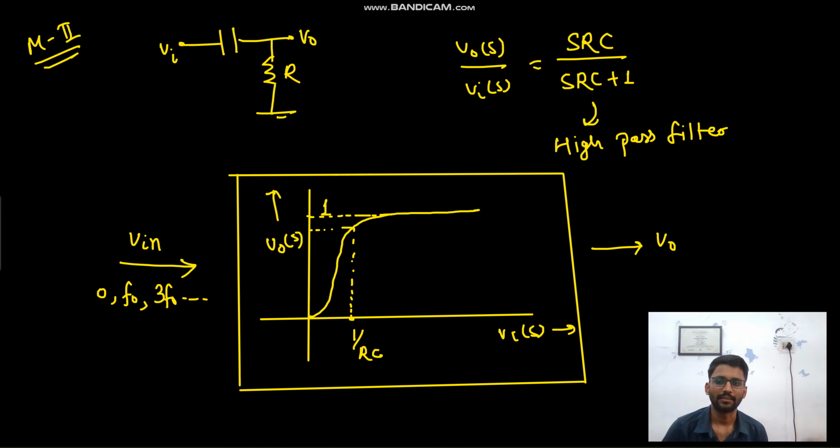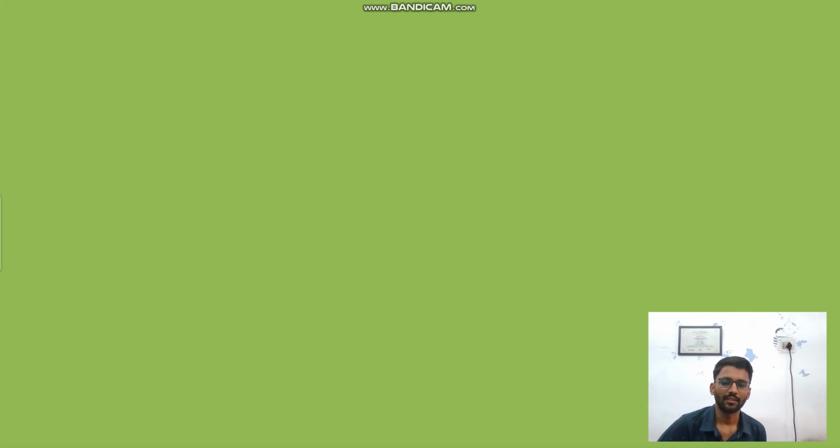So this is our RC circuit, and this is our low pass filter with the 3 dB cutoff frequency equal to 1 by RC. Here we have these frequency components: 0, F0, 3 F0, all of these components. And what is given? Given is